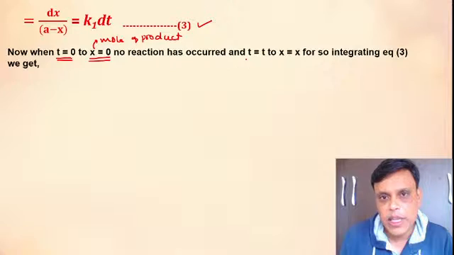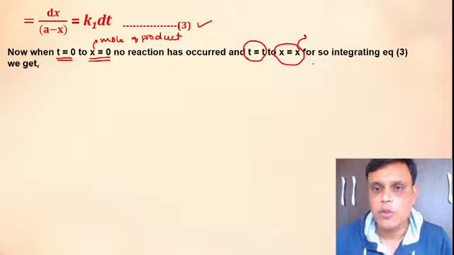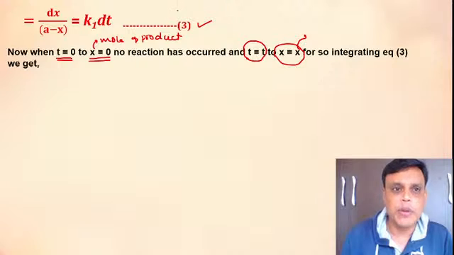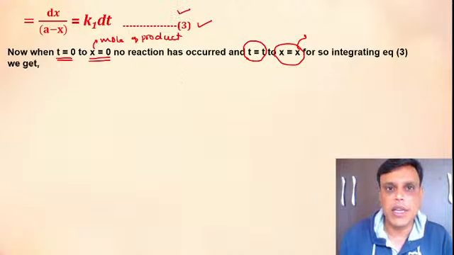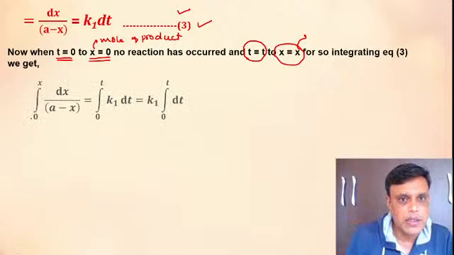And at a time t is equal to t, x is equal to x. And what is this x? X is nothing but the moles of product formed. So we integrate this above equation, that is equation number 3, within these limits. And after integrating we will get this. So we will integrate within the limits of x is equal to 0